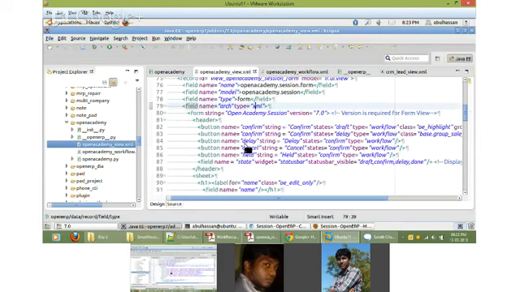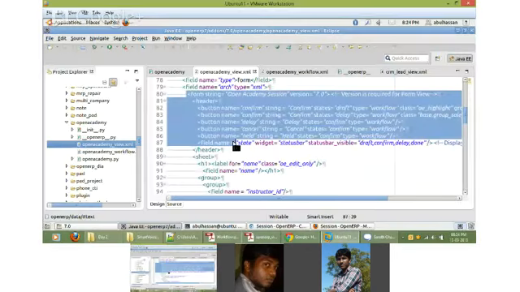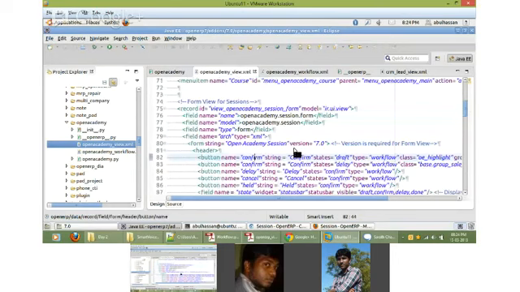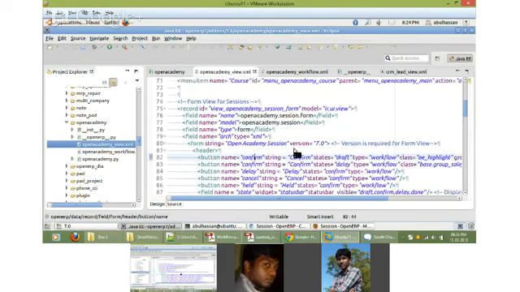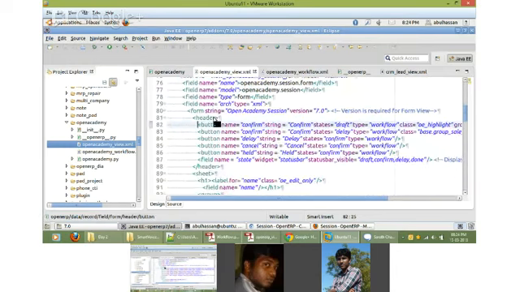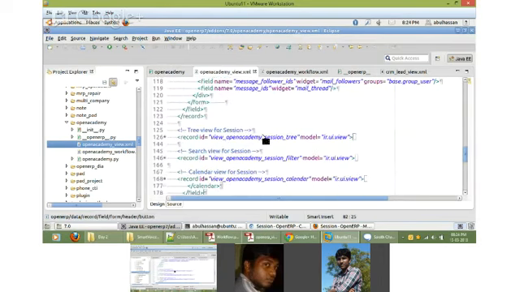So this is the typical structure for any view. These four records will always be there, and only inside this things will change. As I told you yesterday, there are two views where you are allowed to write HTML content. One is the form view, and there is another type of view.